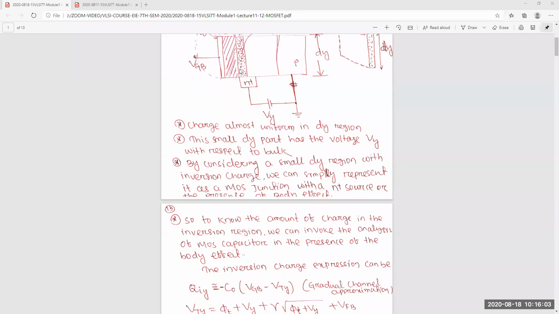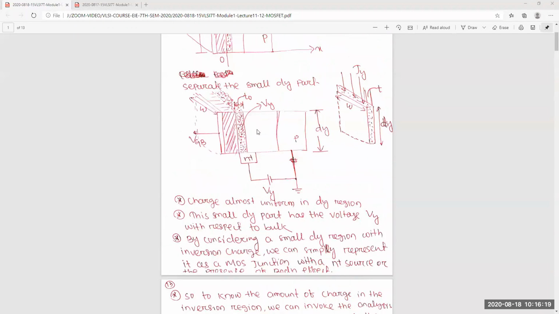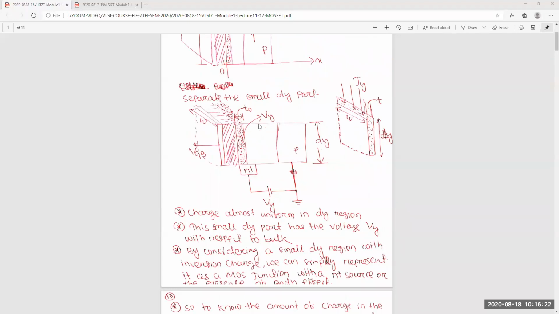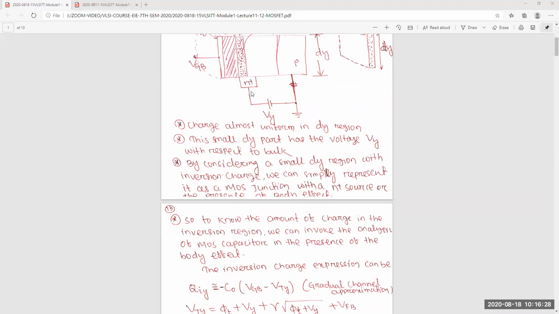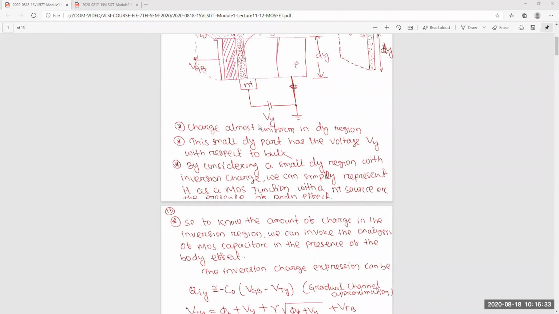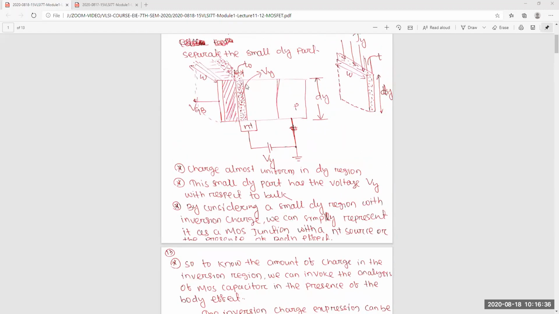Since it's a source of charge, we have taken a source here and we are representing it this way. That means initially we calculated the body effect by using this type of biasing arrangement. So here also the whole calculation we can do by considering Vy as the body effect, meaning the source to bulk voltage. Since we have already discussed this part, it will be easy for you to see what happens if Vy changes. That's why we have represented it in this way.